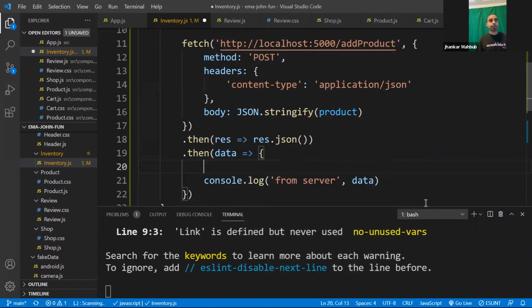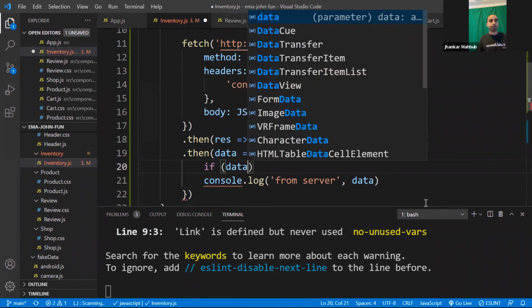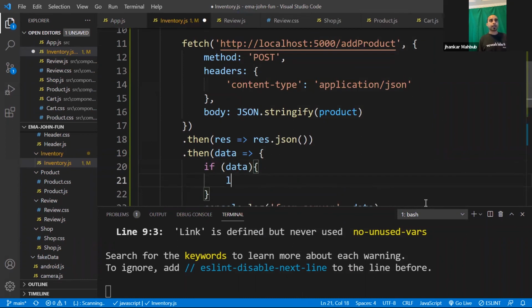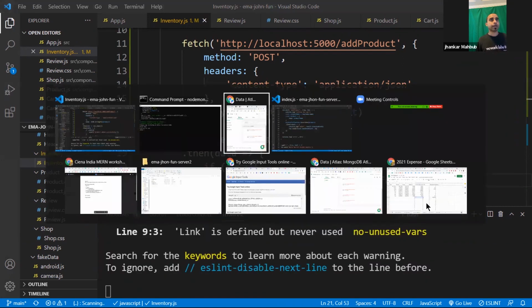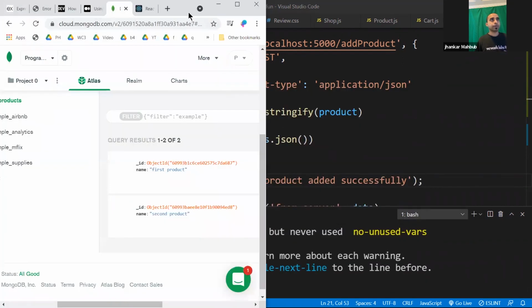If data is true, then alert "product added successfully", something like this.